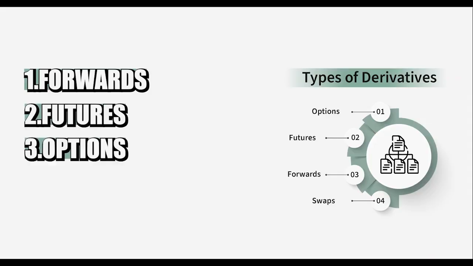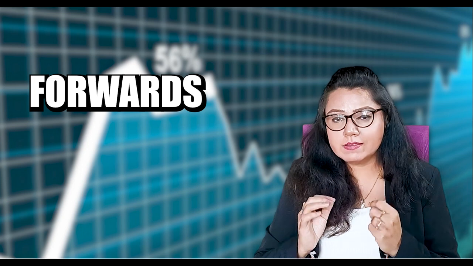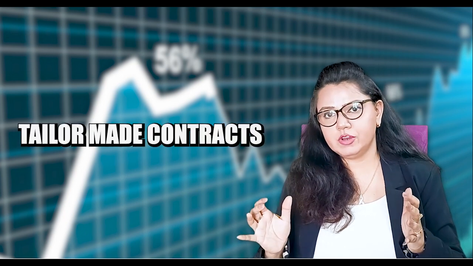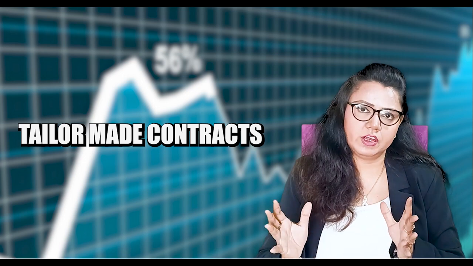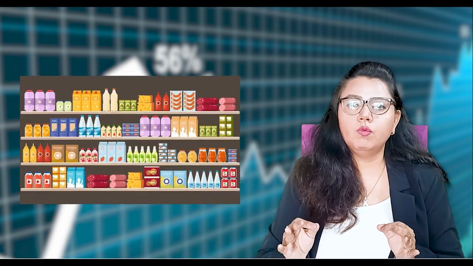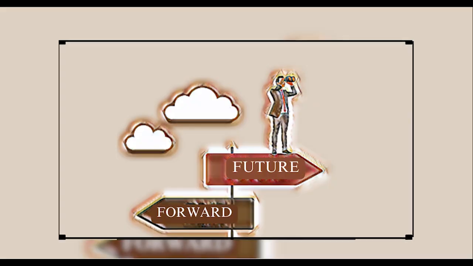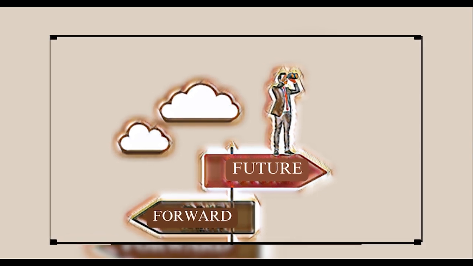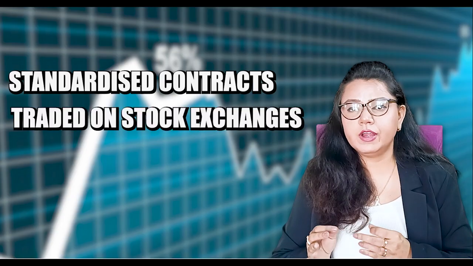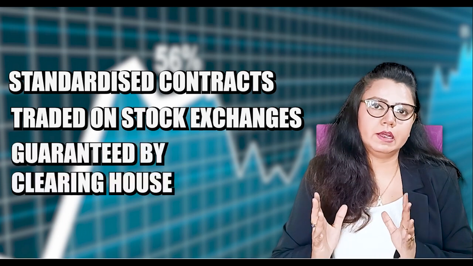Today, there are basically 4 types of derivatives: forwards, futures, options and swaps. The instruments which are basically used for trading are futures and options. However, we would understand forwards as well to have a better understanding of futures. Forwards are customized, tailor-made contracts for big institutional players, generally not traded on stock exchanges. Forwards are basically an over-the-counter product. They have their guarantors and regulators as well. The biggest difference between forwards and futures is that futures are standardized contracts traded on stock exchanges and guaranteed by the clearinghouse.